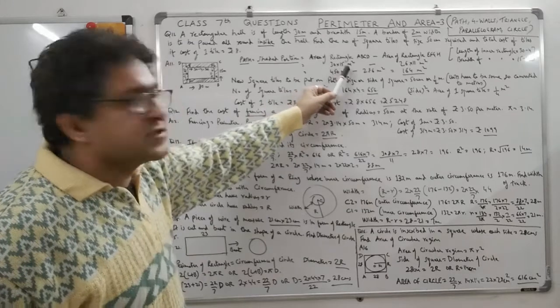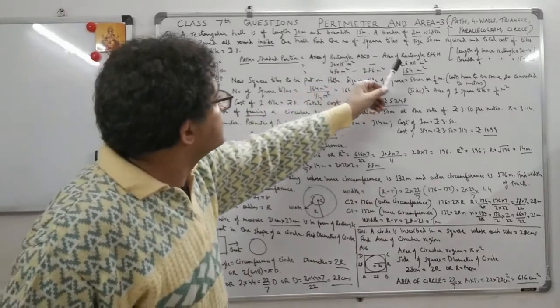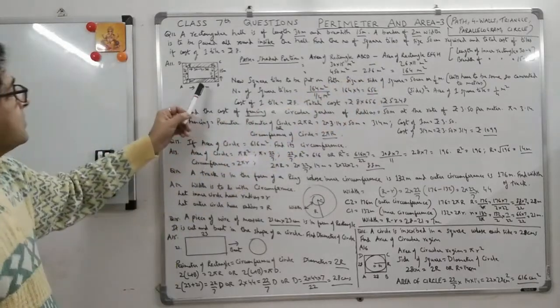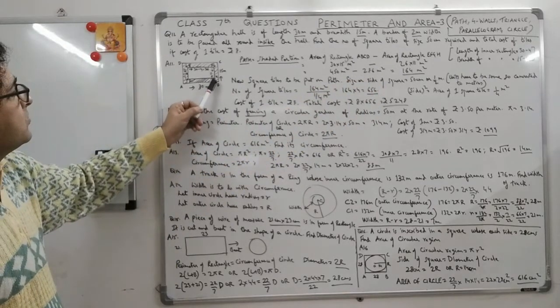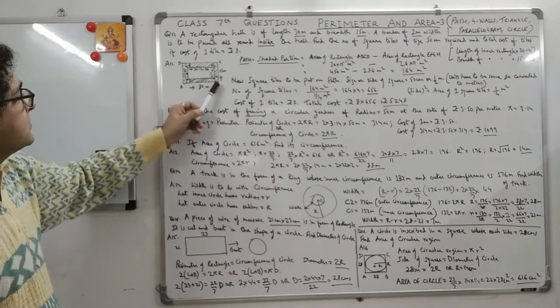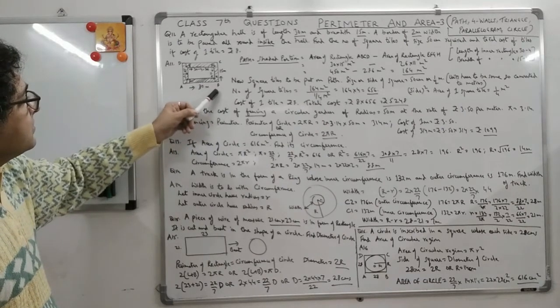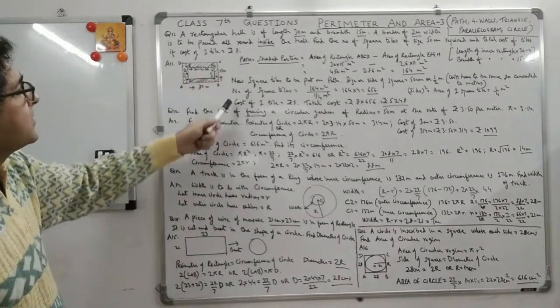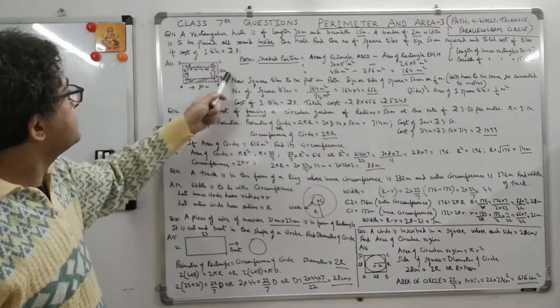30 into 15 meter square minus 26 into 11 meter square. You know how 11 and 26 come here? Because it is from inside, 2 and 2 meters. So 2 meters here, 2 meters here, 4 meters less on the length. 4 meters you reduce on the length and 4 meters you reduce on the breadth. So this becomes 26, this becomes 11.